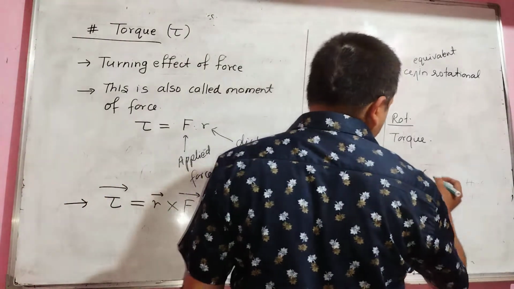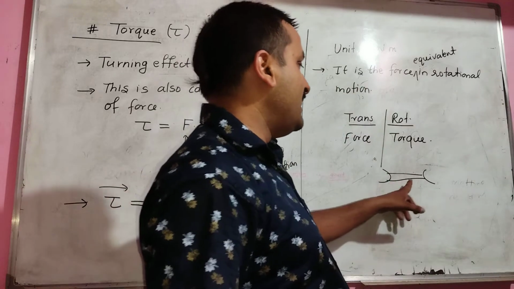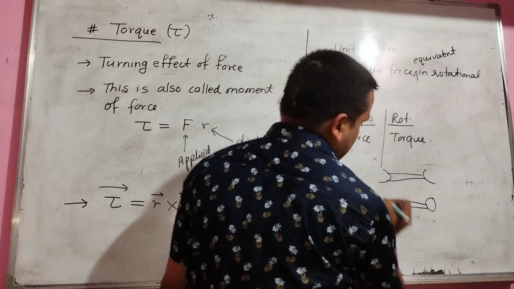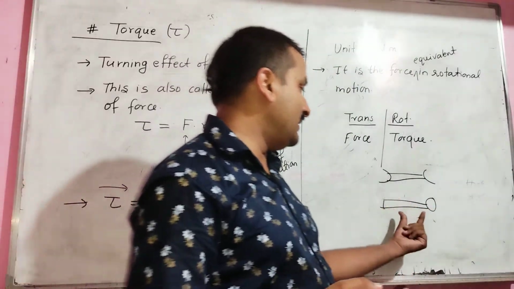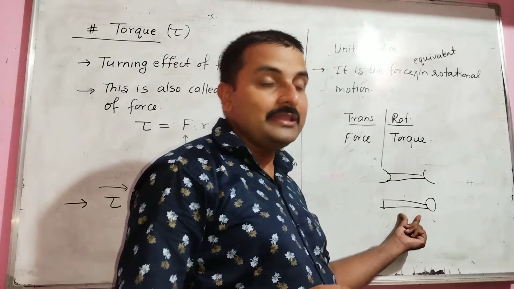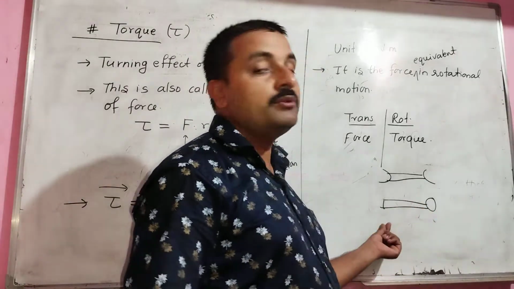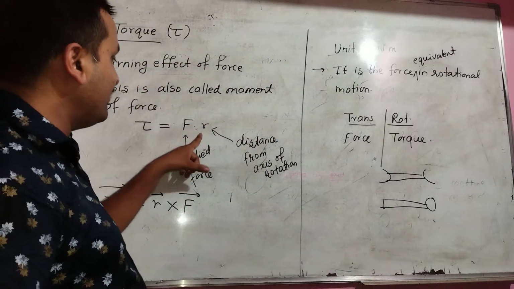If the arm length is large, obviously the distance from the axis of rotation increases, and by the relation tau is equal to r F,